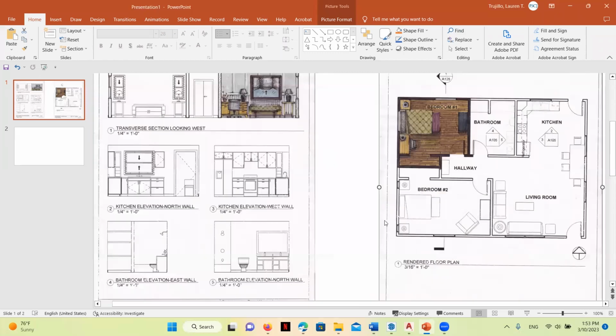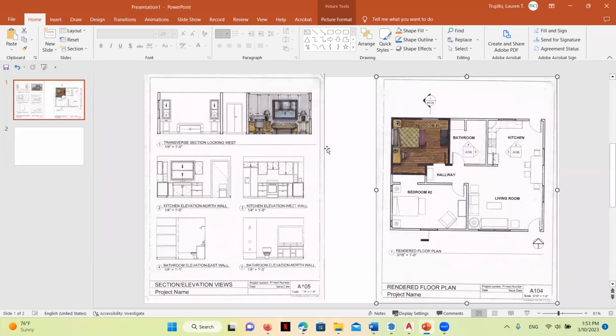Now, this is a really simple way of annotating drawings using just AutoCAD, your hand rendering skills, and PowerPoint. And this is a really useful skill in case maybe you don't have access to really sophisticated software at the design firm where you end up being employed, but you still want a really professional looking drawing with all the clarity of information there.